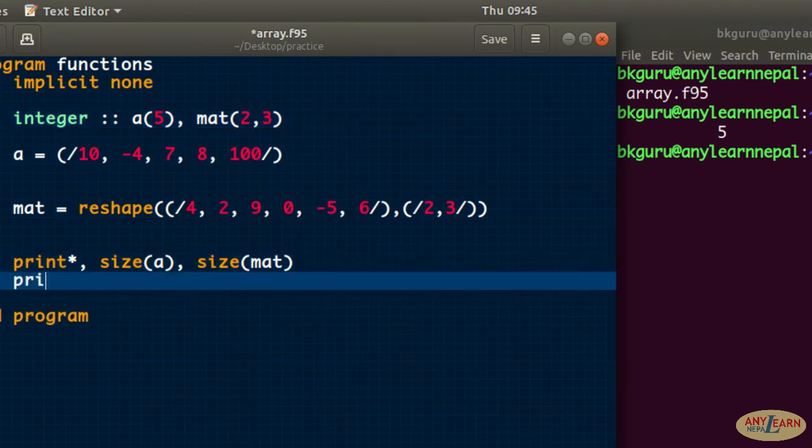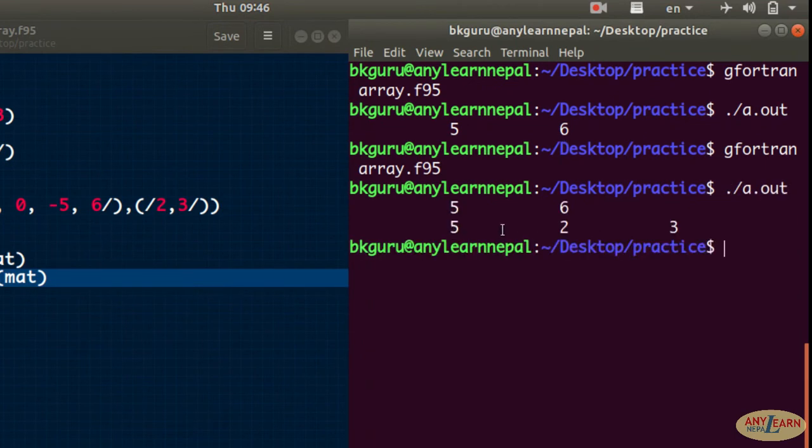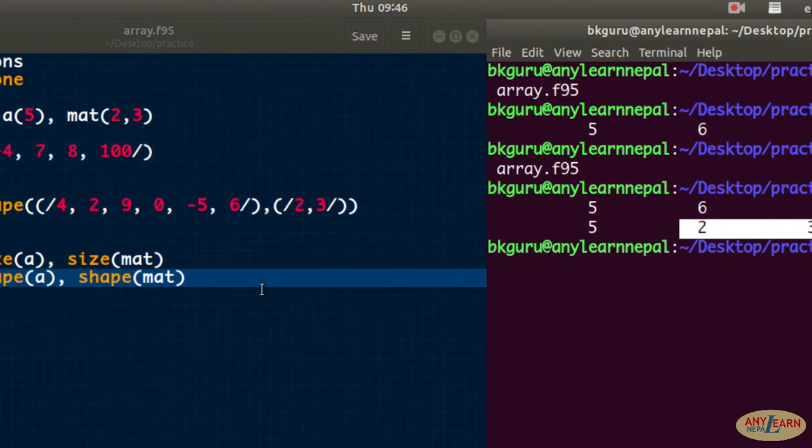Now I want to find the shape of both arrays. So I can say shape of A and shape of mat. If we run that program, we got 5 because that is the actual shape, it is one dimension, and the shape of the matrix is 2 comma 3, so it shows both 2 and 3 as the shape of mat.